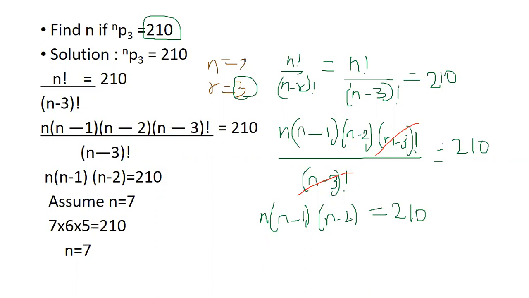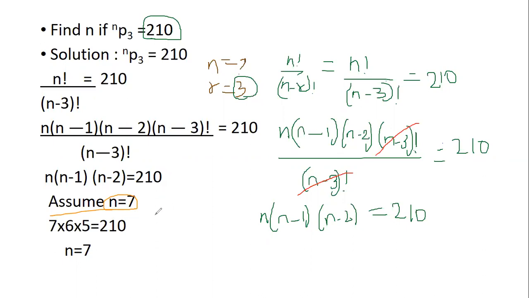Okay. Now what happens? Instead of checking things here and there, what we will have to do is assume a number. We will have to assume a number and do some trial and error to get this 210 as the answer. Here I have taken 7 directly because you'll get the answer. So first we will take from 4.